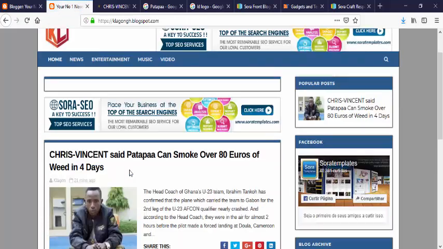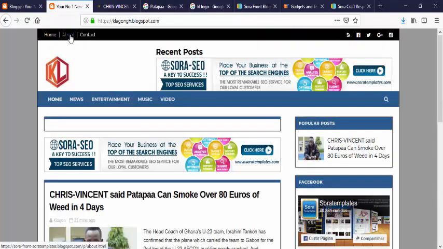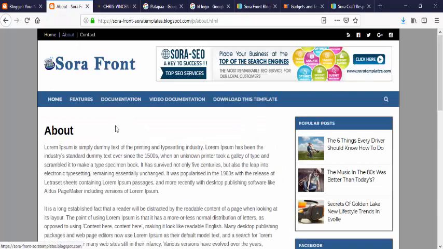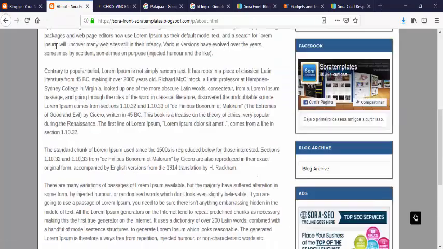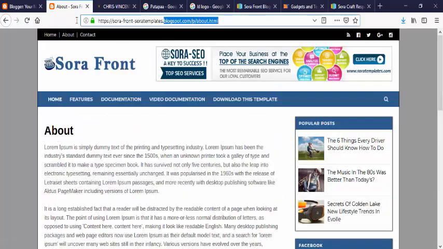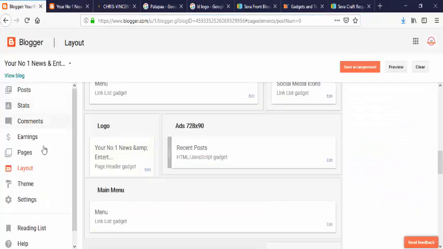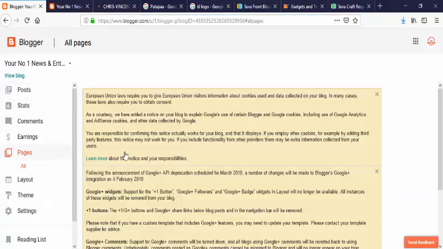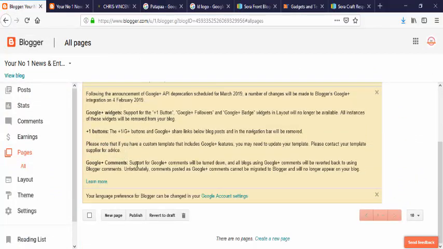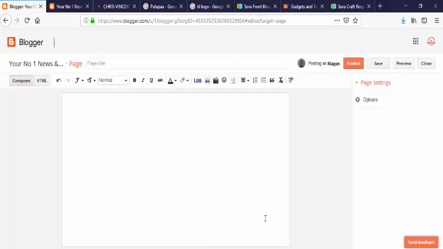The next thing now we need to do is edit our about page. You can see it. So we need to edit our about page. You can see the link is not taking us to our site name. We need to edit this about page. So to do that, we need to go to pages, and then we'll click on create new page, and then we'll give it a name,